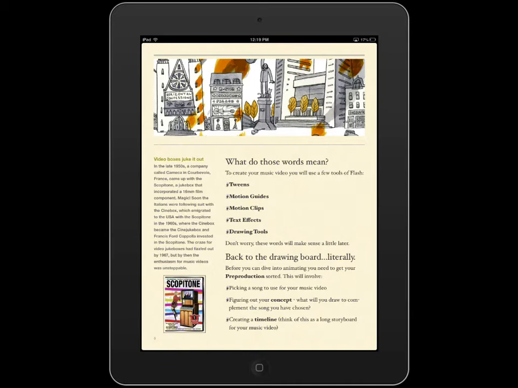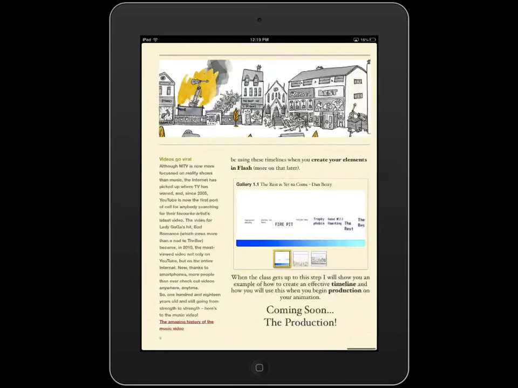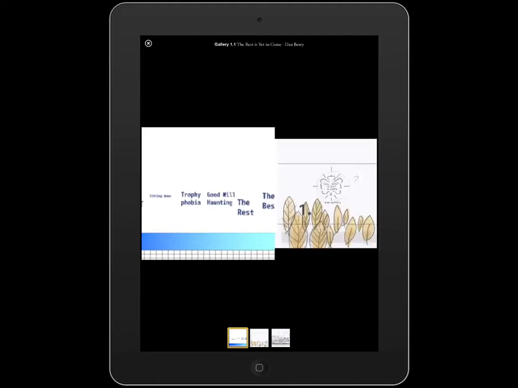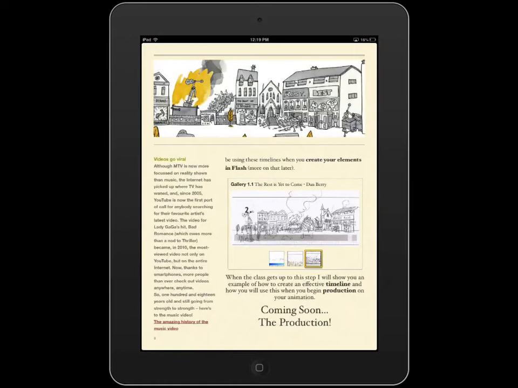You then need to create a timeline, okay? So think of a timeline like a long storyboard. So you need to kind of draw out exactly how this is going to work. Now I'll explain that with some pictures. Okay, let me just go back to these here. So you can see we've got that timeline there, that kind of storyboard. We'll come back to that in a second. So let's just go back.